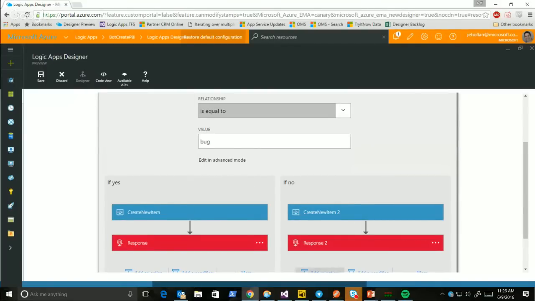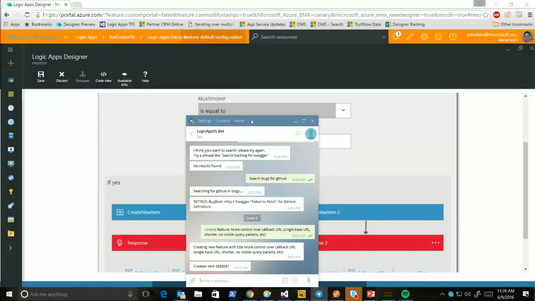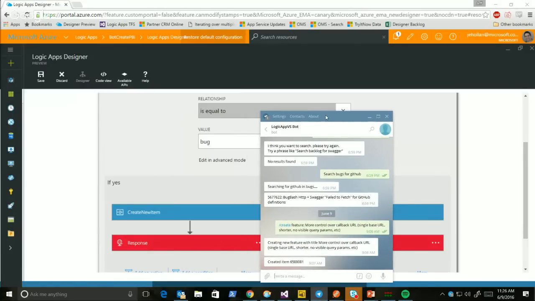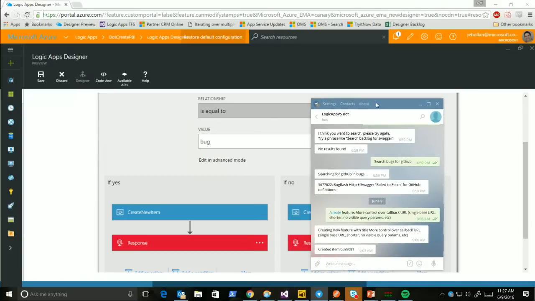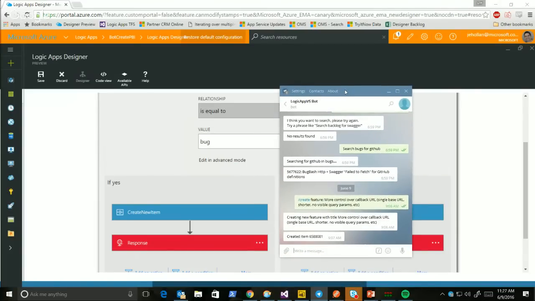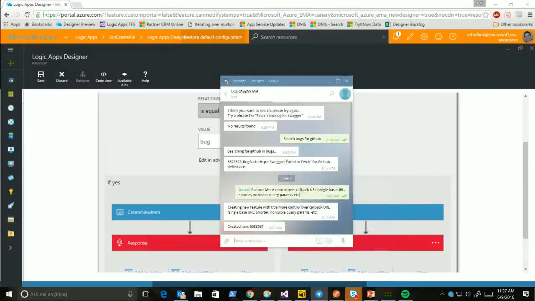I actually have a Microsoft bot that connects to our backlog in our Visual Studio server. This bot allows me to manage our backlog and create bugs on the fly, because I'll get emails on my mobile app or whatever, and I realize that we have a bug and I don't always have access to Visual Studio. So I've created this bot in Telegram. I know you probably can't see it, which is probably for the best because this does show our backlog and some stuff I used this morning.